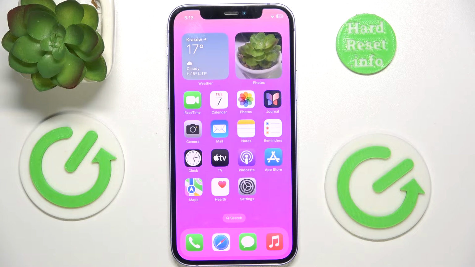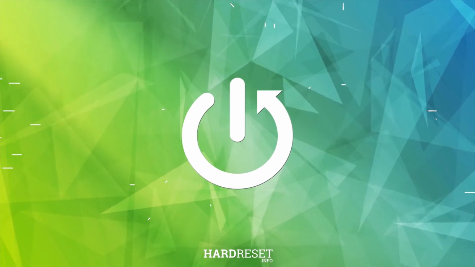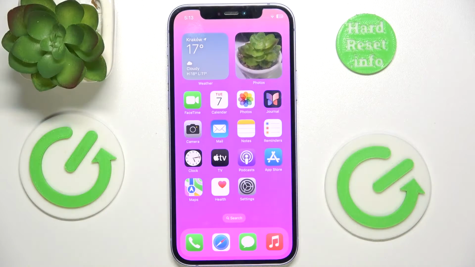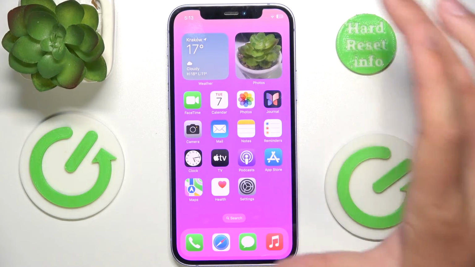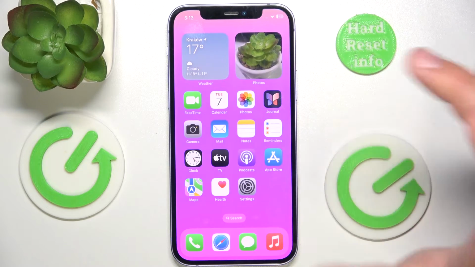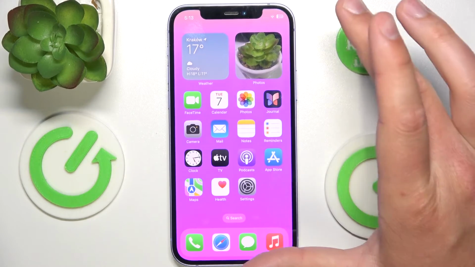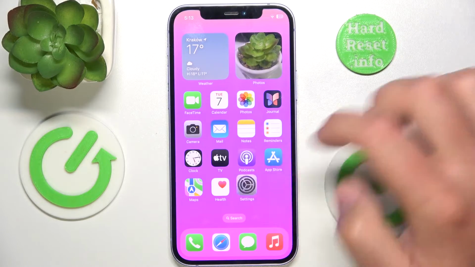Hello, in this video I'm going to show you how to turn on or turn off the sharing iPhone analytics to the Apple. So today in front of me is the iPhone 12 with the iOS 17.4, but it really doesn't matter which iPhone you have or which version of the iOS you have, it is all going to work the same on every iPhone. So what you want to do is to open settings,